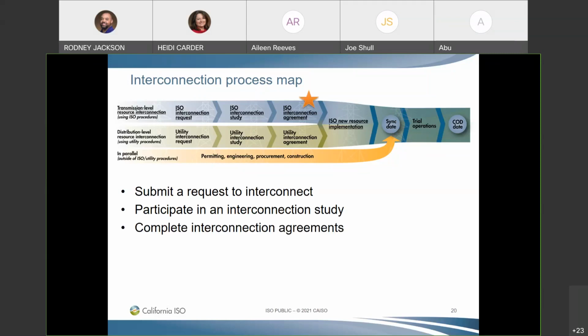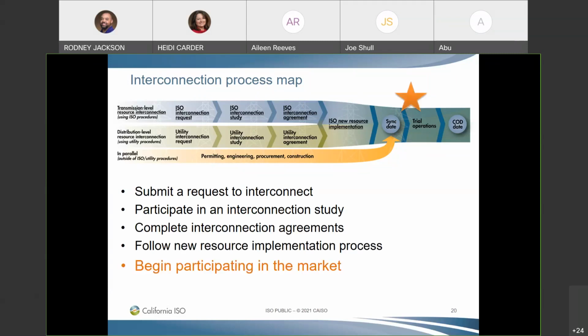After the study and approval move forward, then the interconnection agreements are signed, and then the new resource implementation, the NRI process, begins. Now, once this process is complete, the resource can begin participating in the market. Now, the tariff allows for 7 years for this project to reach its commercial operation date after the interconnection request is submitted. Now, an important item to note is how critical it is to pay attention to the dates and